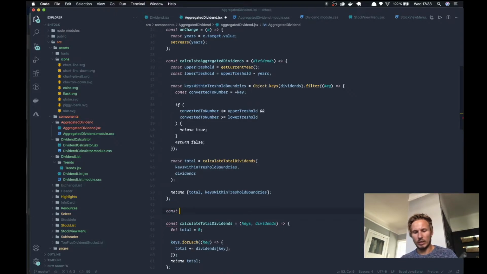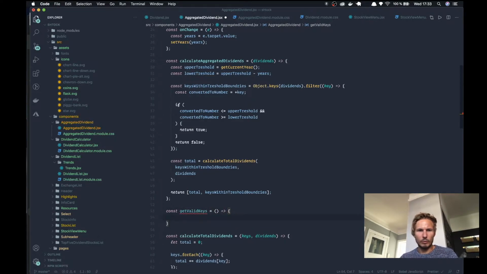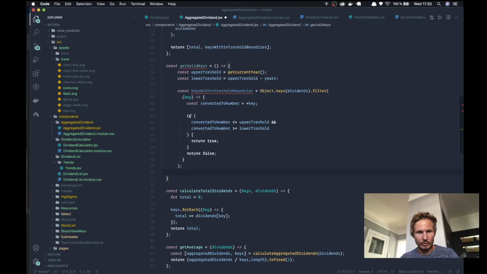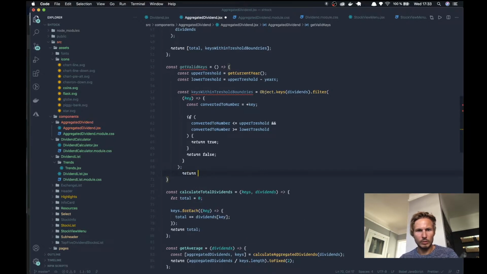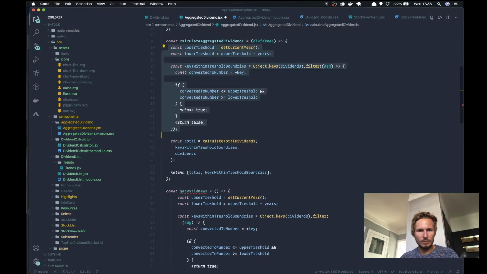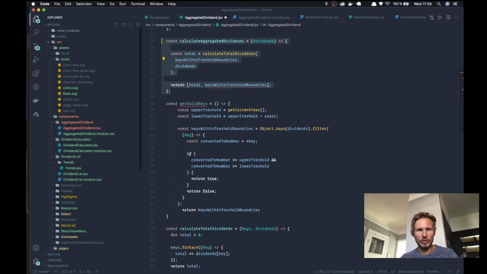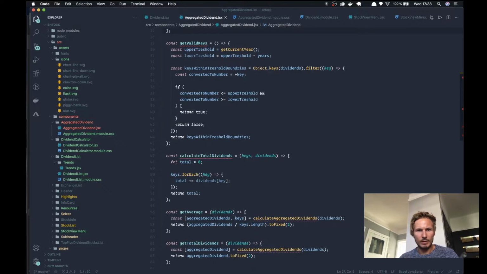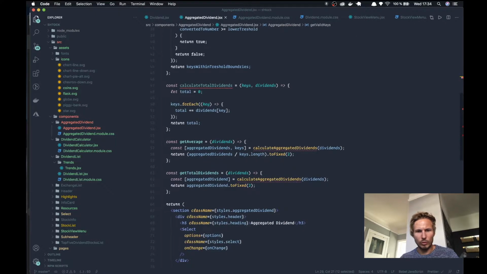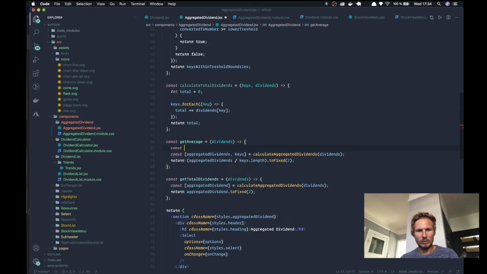So I'm going to create a function called getValidKeys, and I'm going to copy this over here, and I'm going to return the keys within threshold boundaries, and then remove that. And in fact, we'll remove this entire function, and we'll go to our getAverage function, and we'll say const validKeys equals getValidKeys, and make sure we pass in the dividends,